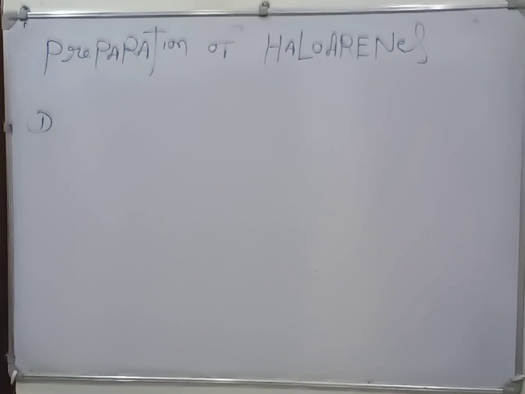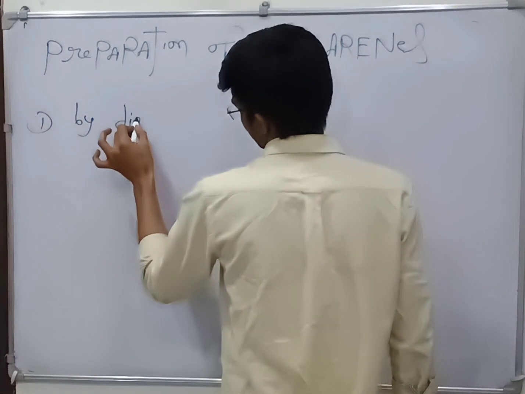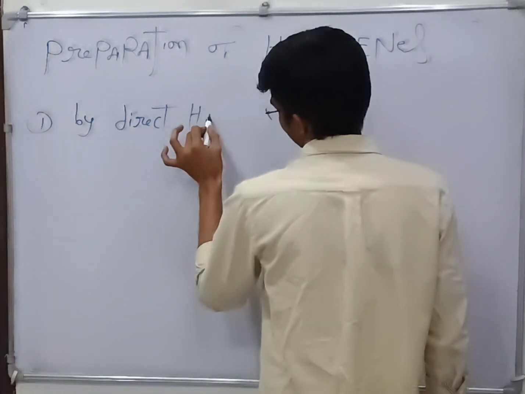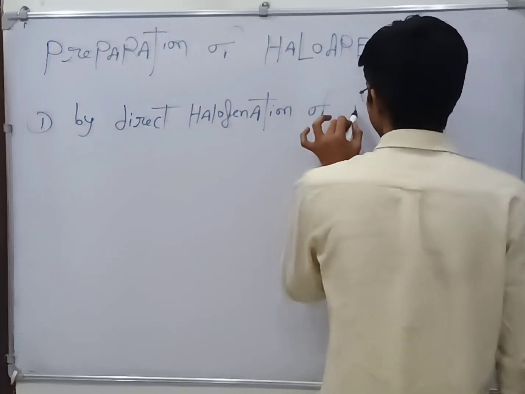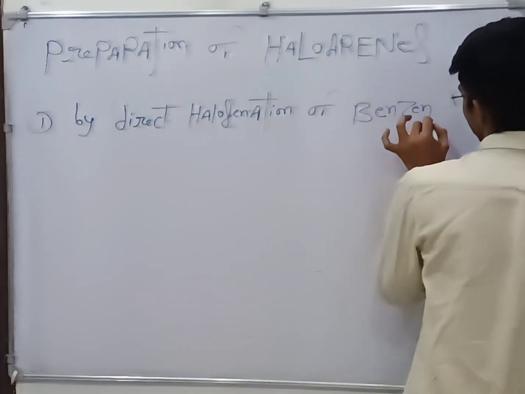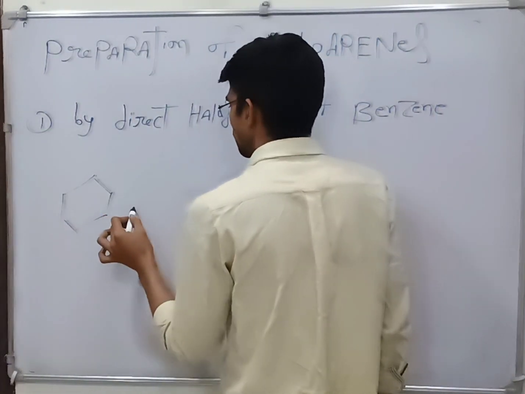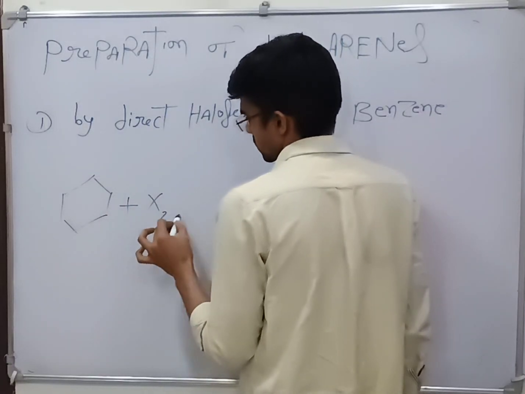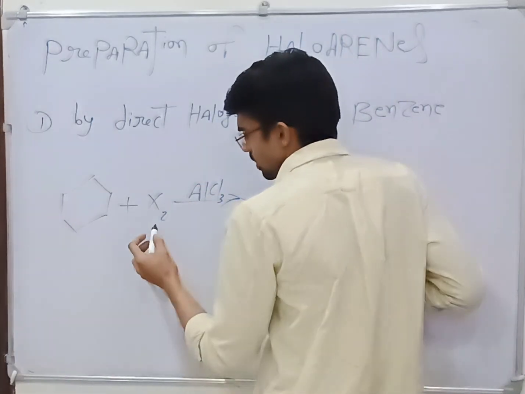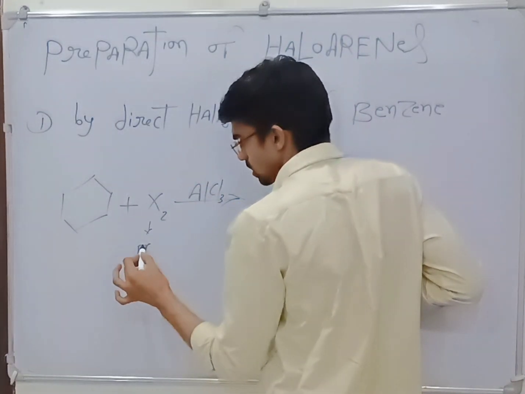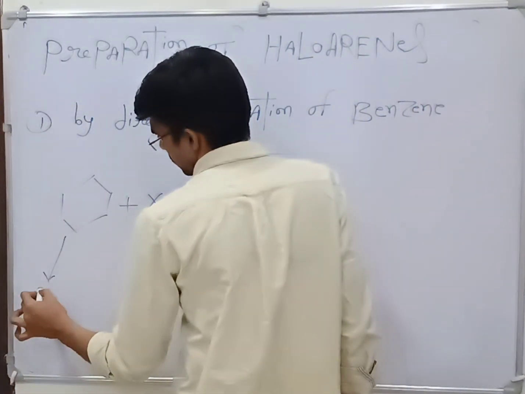The second method is by direct halogenation of benzene. Here what we do, we directly react the benzene with halogen, that is X2, in the presence of aluminium trichloride. Here in halogen we use bromine and chlorine, and we can't use fluorine and iodine. If we react the benzene with iodine,